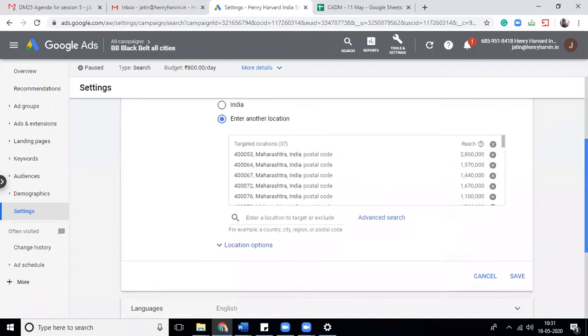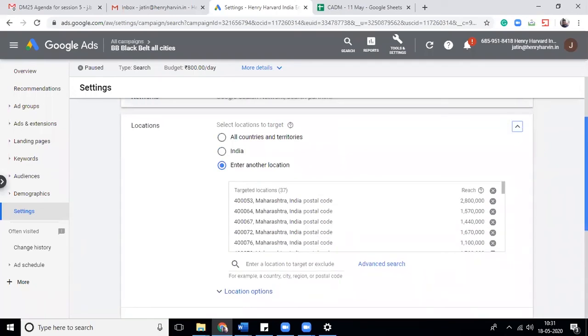location. Location is critically important, and it varies. When it comes to Google, it has very detailed targeting. The first option is you can target the whole world. Second is whole India. As this account is in India, they are giving this option, India. If your account is in the US, you will see an option as US.